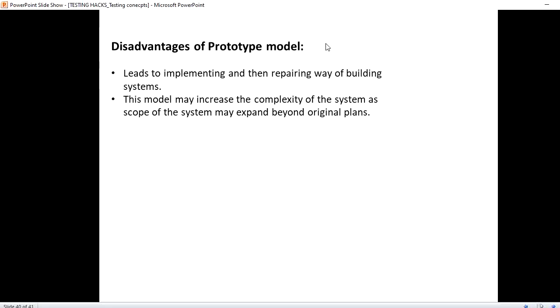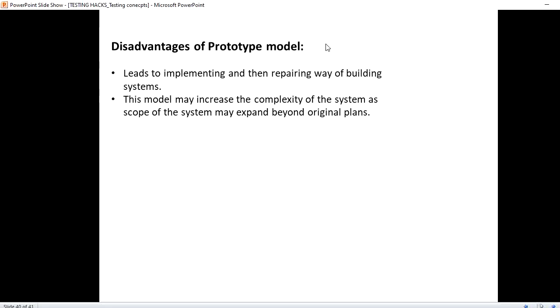This model may increase the complexity of the system, as the scope of the system may expand beyond the original plans. We are not sure how it was initially, and going forward it might take another step too.